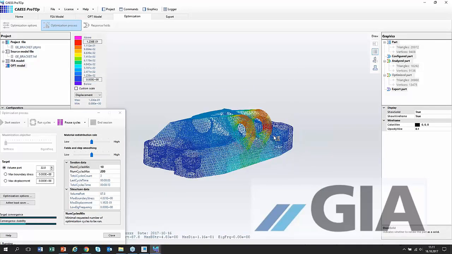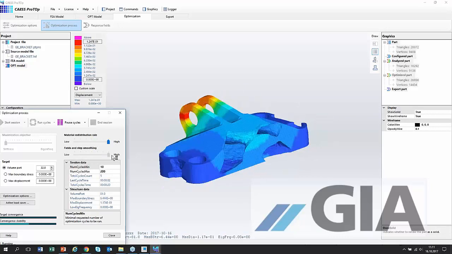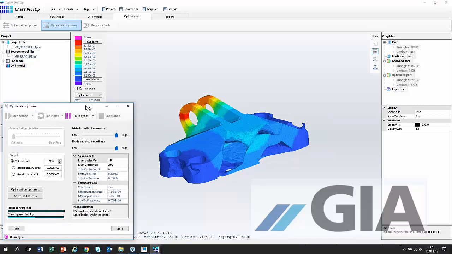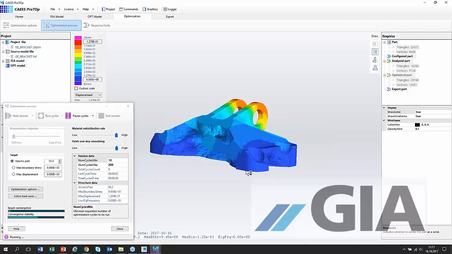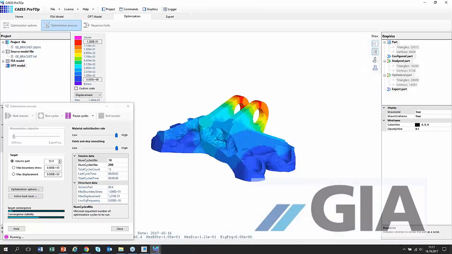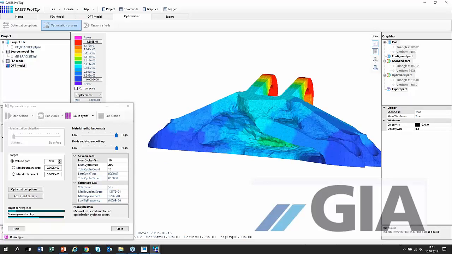Oh, we have still 20 minutes, and we are already optimizing the second part because I'm a little bit in a hurry. I'm more aggressive by taking out material and doing some smoothing of my geometry. You'll see here it's really performing incredibly fast for topology optimization. Okay, nearly 50% have been taken out, and right now the number of equations are decreasing, so every step goes quicker and quicker, but